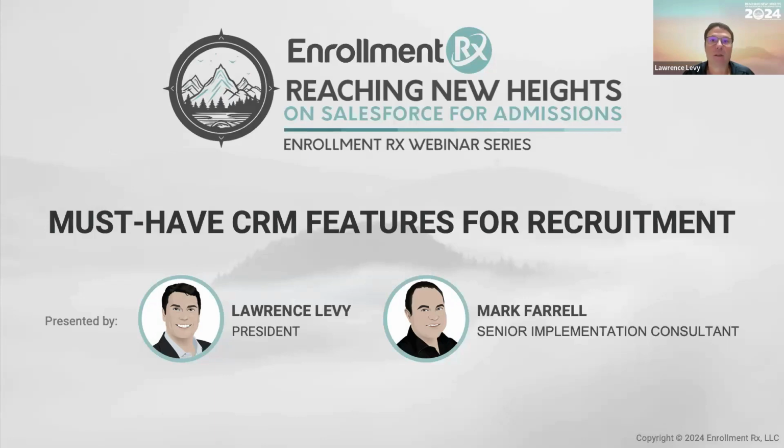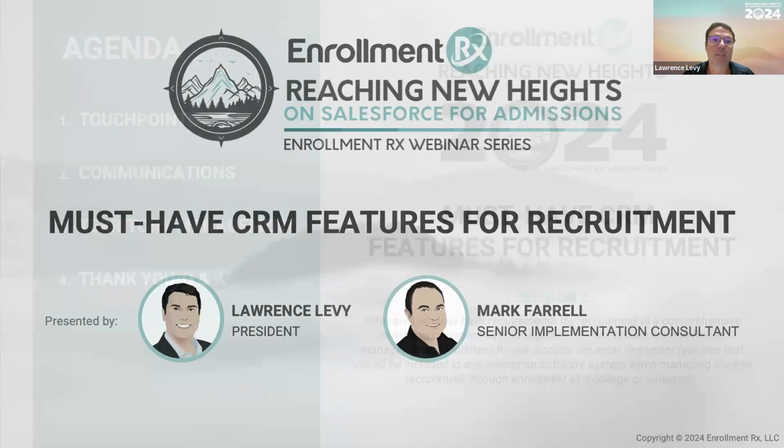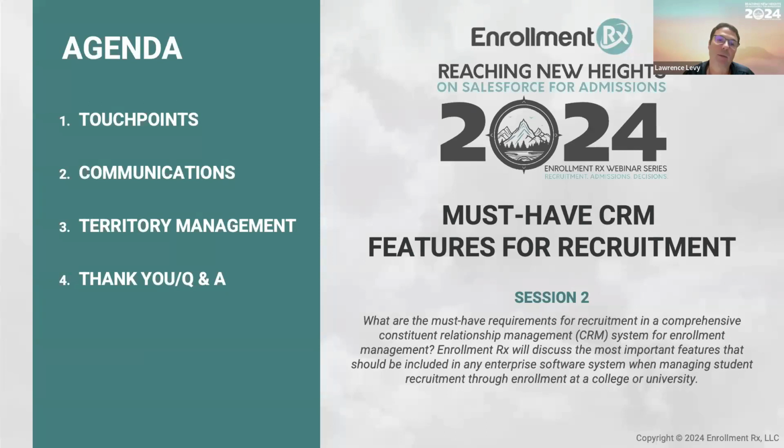So to get started for today's session, as mentioned, we're going to be focusing on the important features of what we consider the recruitment functionality in the CRM system. There's a lot that we could be talking about, but today we're going to focus on three particular areas. We're going to talk about what we call touch points, and explain what those are. We're going to talk about communication management in recruitment, and we're going to talk about territory management in recruitment. These are the three areas that we want to touch on. Again, there's much more that we could be speaking about, but these are three vital, critical areas of recruitment management